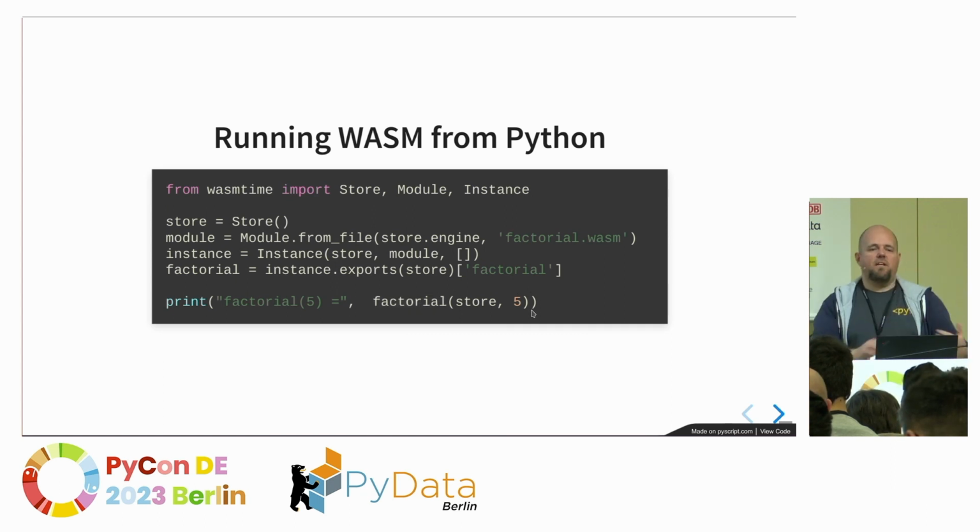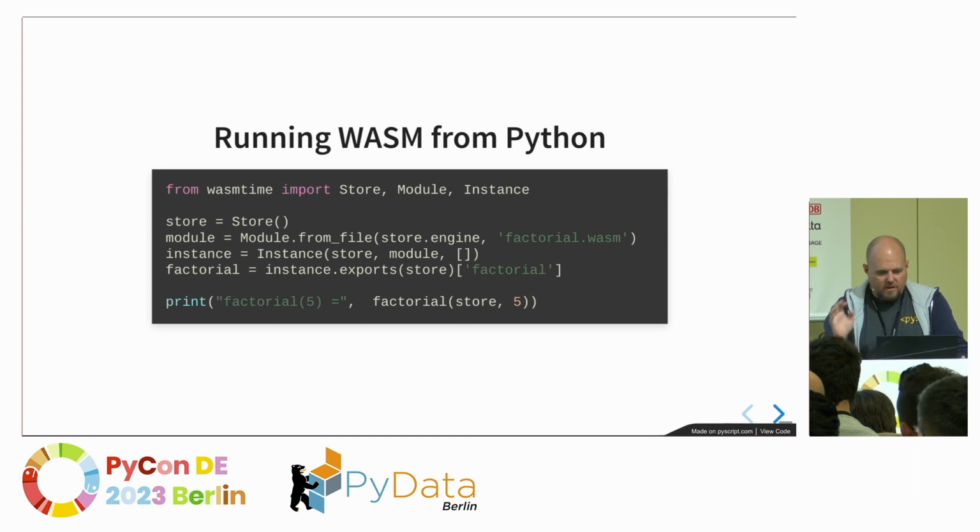So it's a good way of embedding code when you need it to be faster than Python, but for some reason you don't want to allow arbitrary, untrusted code written in C, because arbitrary code written in C can be unsafe. For example, it's very common to use WebAssembly for plugins. If you have a big application, you can tell people that they can write plugins in WebAssembly, and you can run them in a safe way, knowing that they cannot access other data and crash your application or whatever.